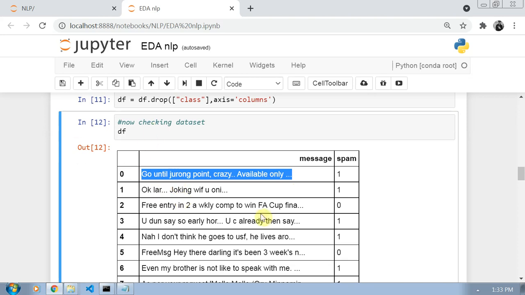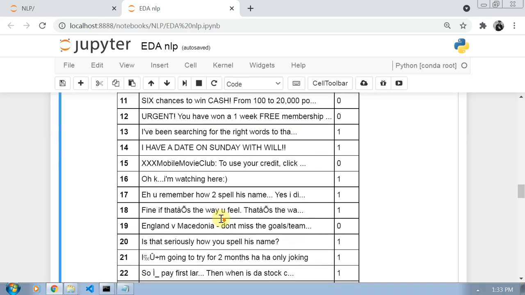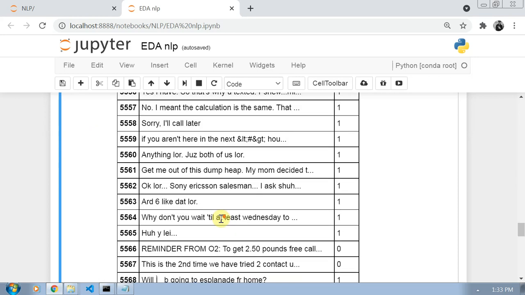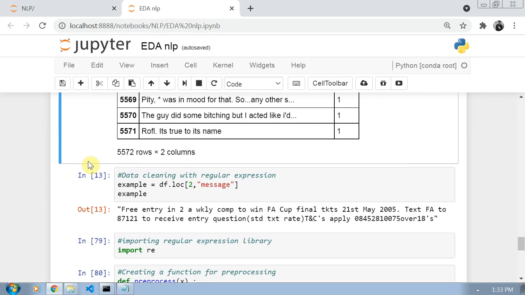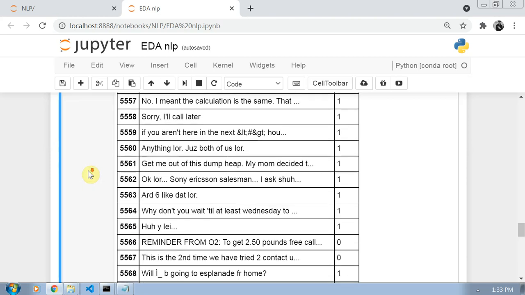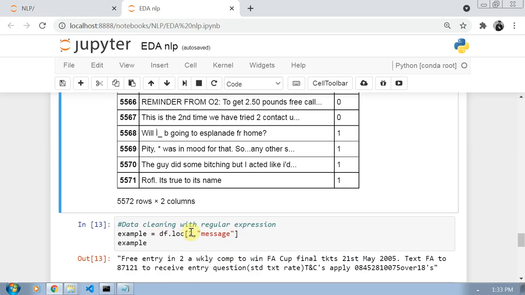Okay, so this is our data frame. Now, to explain, I have just picked a small example. I picked the second row message, so I write df.loc to get the message.